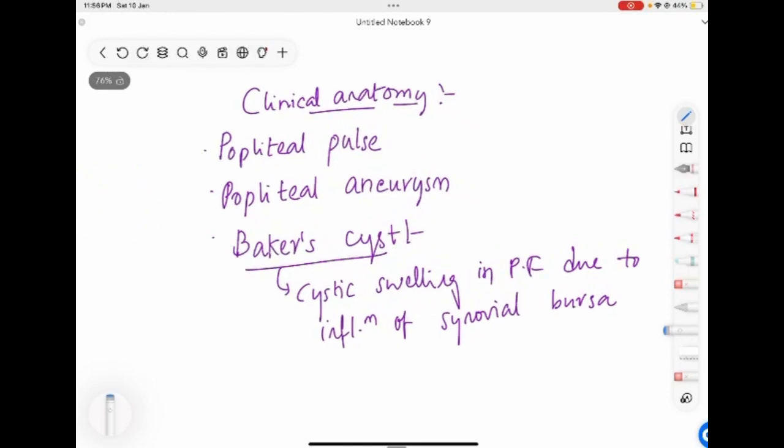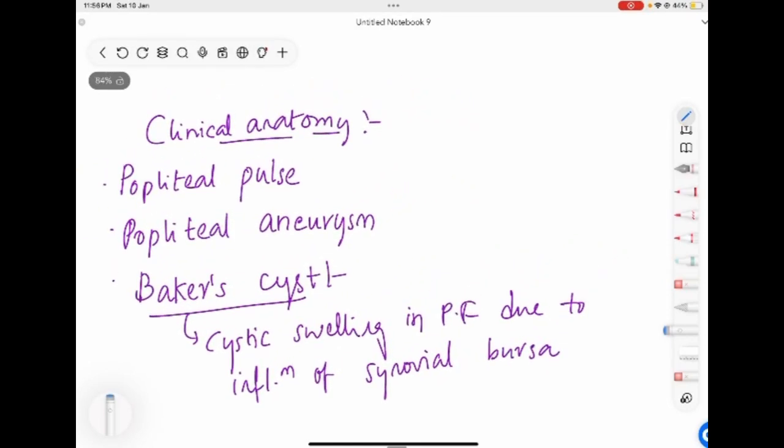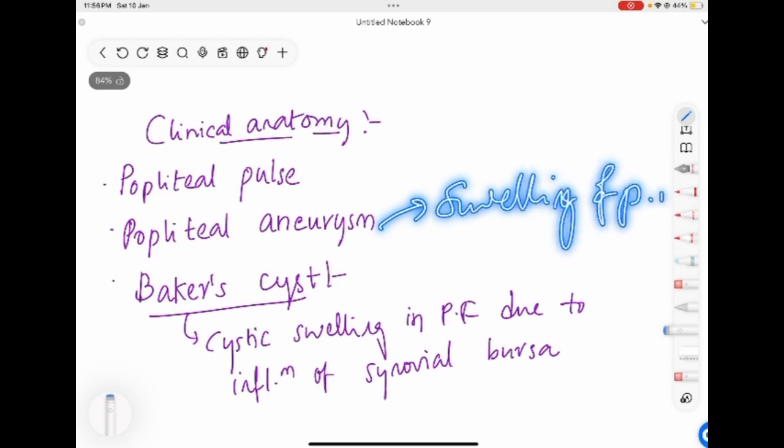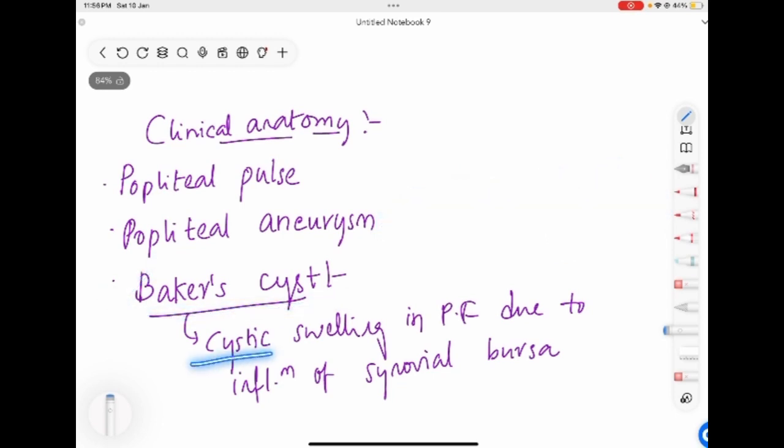Now we have the clinical anatomy. The clinical anatomy is the popliteal pulse and the popliteal aneurysm, which is a swelling of the popliteal artery, and we have the Baker cyst, which is a cystic swelling in the popliteal fossa due to inflammation of the